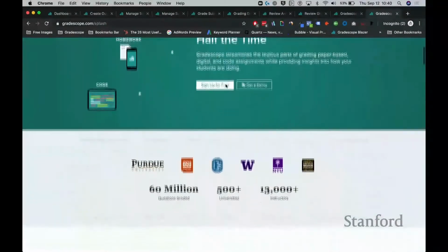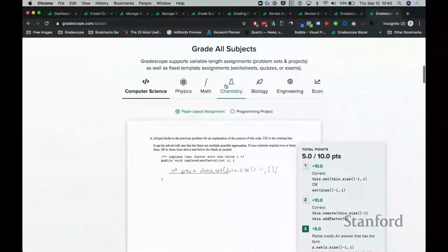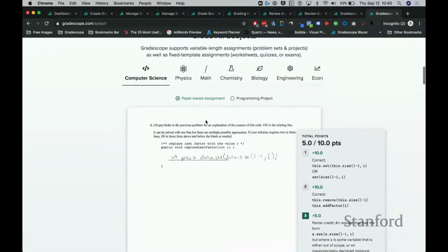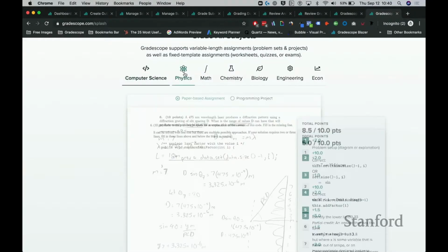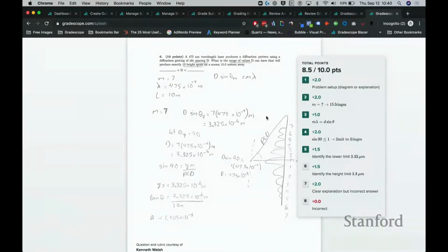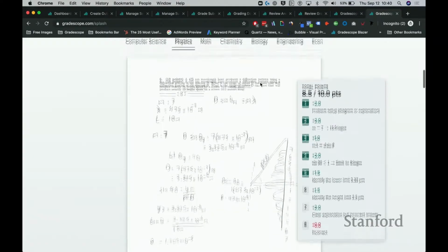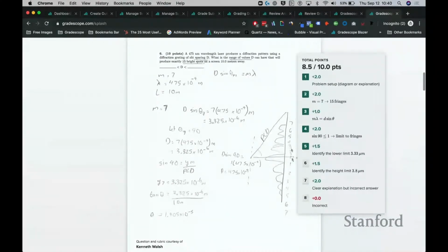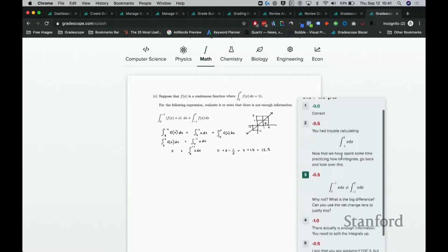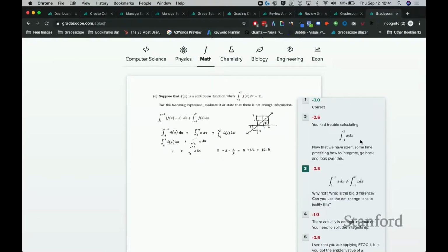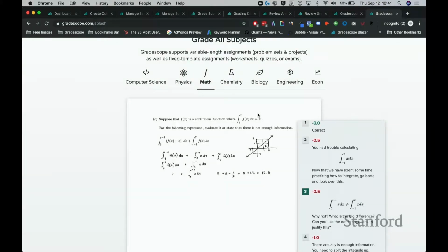If you're curious to see how your work will be used on Gradescope, we have different disciplines here. We have computer science, programming and paper-based assignments, physics. So we use a little bit of a simplified math question in our demo, but you can see how instructors used Gradescope to grade their questions. These are real instructors that use Gradescope. You can see that we support LaTeX anywhere on the platform. So you can really answer and comment on students' work using LaTeX,